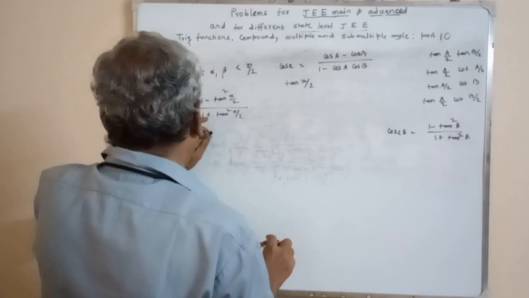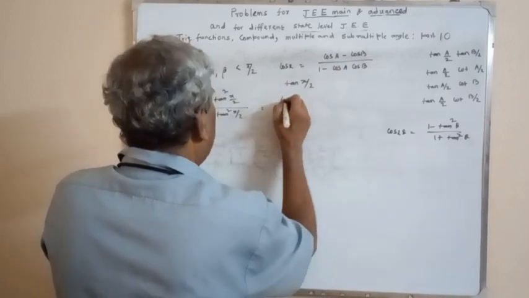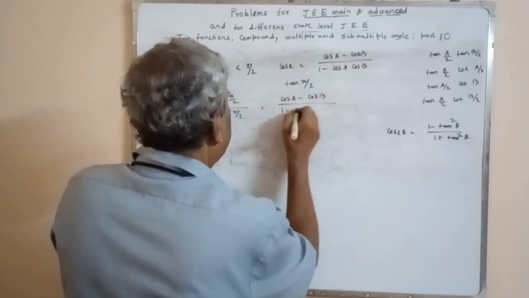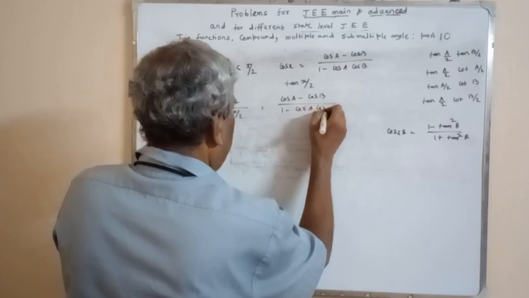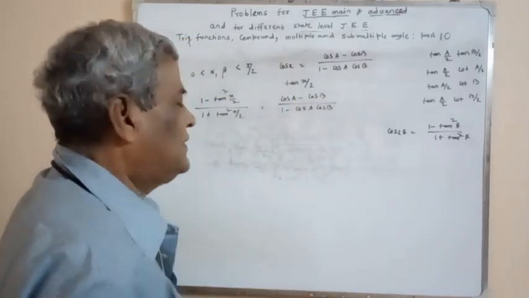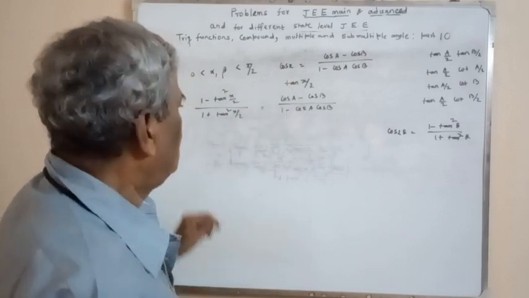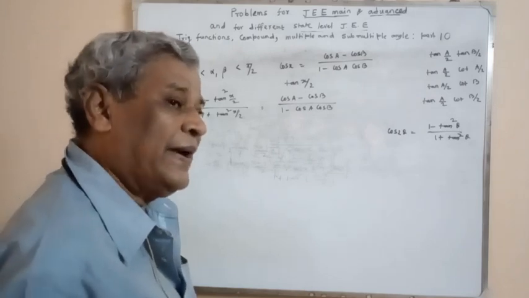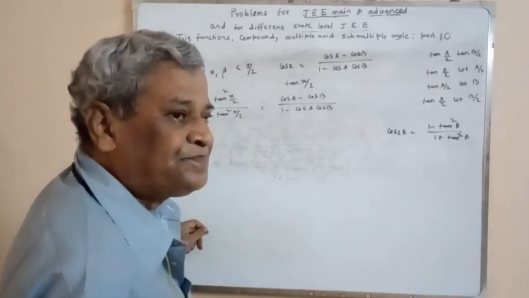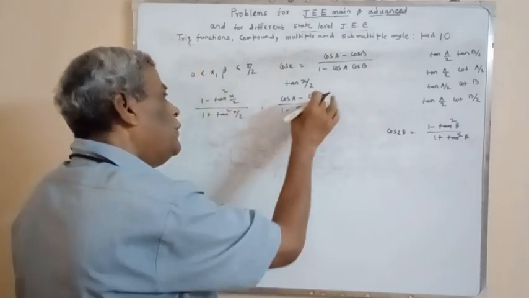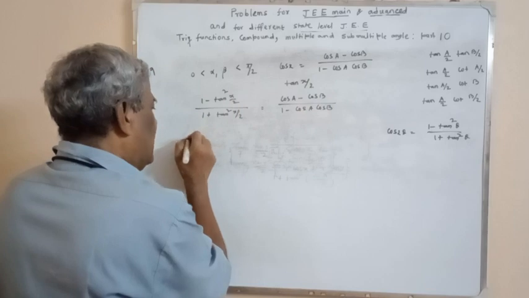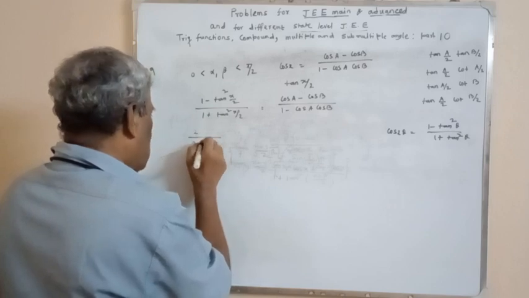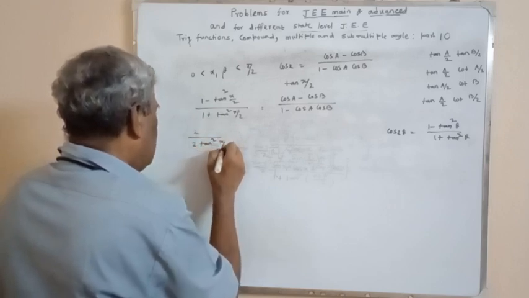1 minus tan square by 1 plus tan square is equal to this, cos A minus cos B by 1 minus cos A cos B. We have to find tan x by 2. So from there, by componendo and dividendo, we can obtain the value of tan square x by 2. By componendo dividendo on both sides, it is equal to 2 by this plus that cancels, 2 by this cancels, 2 tan square x by 2 is equal to